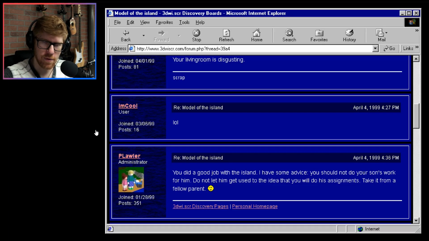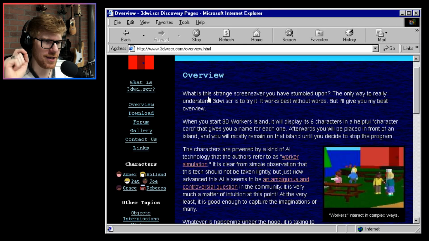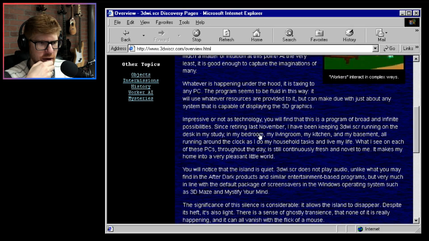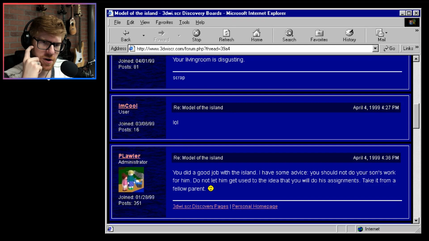Wait, this is the guy. Hold on, I'm gonna go back. I'm going back. We can't see this again. I'm sorry. So is P. Lawler the one who made this page? And he's the one who has it running on all his rooms, but he has kids? Stop showing this. So does he have any other computers that are not being used? What's going on here? Wait, April 4th. Are we going back in time? I thought we were April 25th before. Now we're in April 4th.